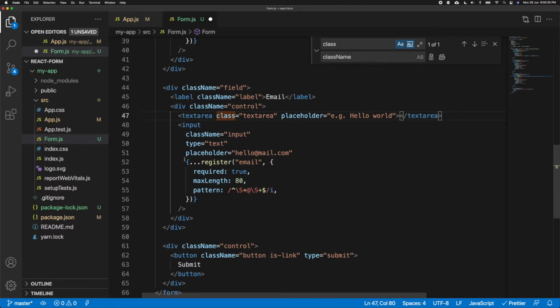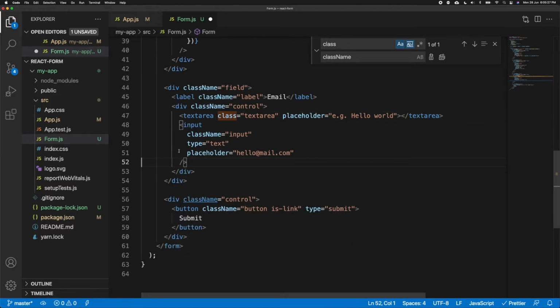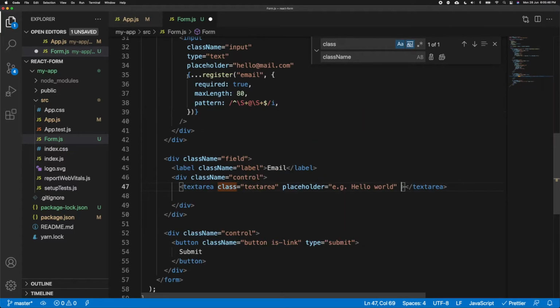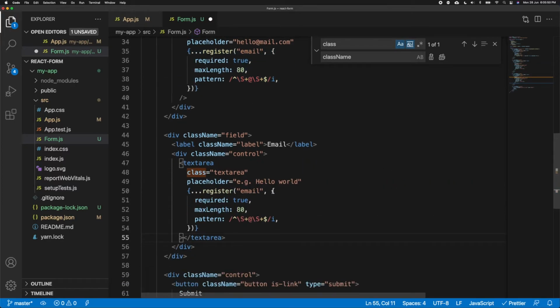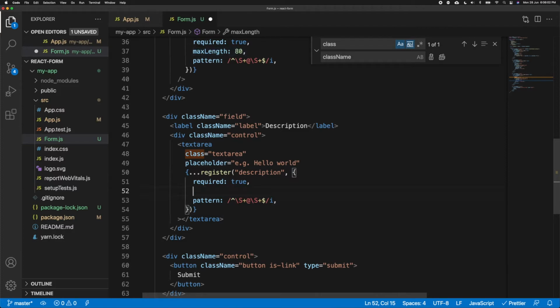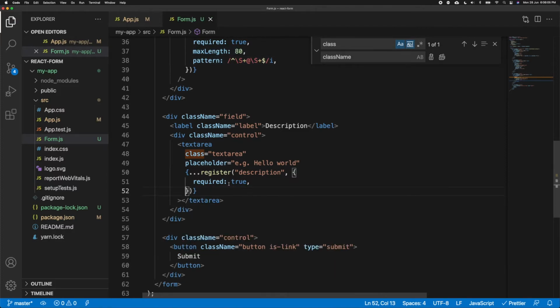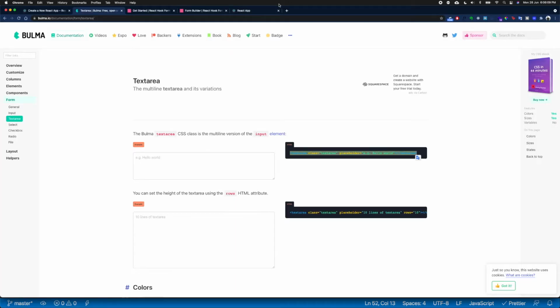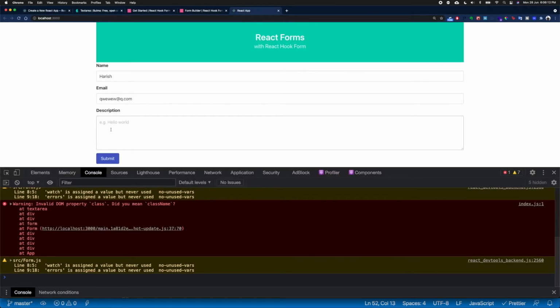And again, I'm going to copy this register function, remove this input, and I'm going to paste it here. So it didn't copy, so let me copy it again and let's paste it here. So here we're going to register, let's say this is a description, and I'm going to register it as a key called description. I don't need a max length for this, I don't need a pattern for this, but I still want this to be required, right? So what this is going to do is to create a description field here, and let's say hello world,